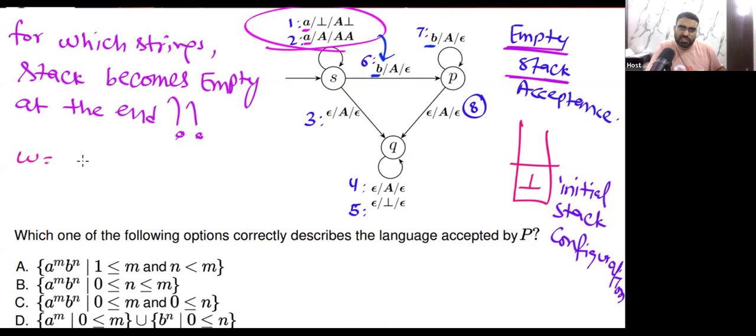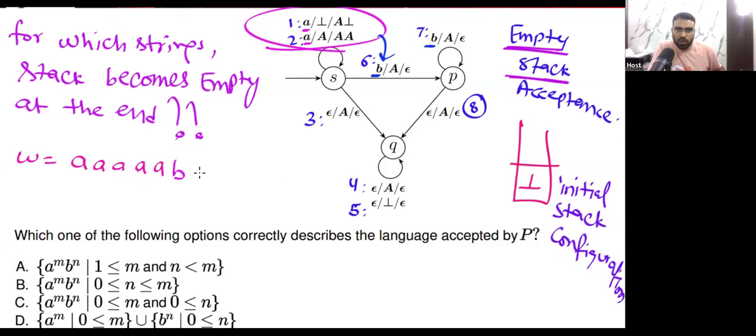Okay, so this type of strings are accepted where after a's, b's are coming. You can see in this state s we are reading symbol a. Now once you take this b, when the b comes, now a cannot come. You are reading b, you are reading b. Here you are not reading anything from the input string. Here also you are not reading anything from the input string, you can notice. So this is what I can say, that after a, b's are coming.